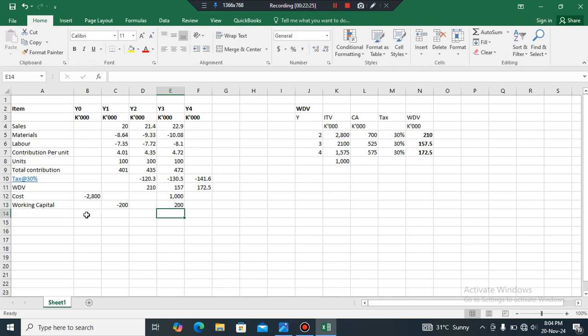So with that done, what we need to find now is the cash flows. We just say cash flows, not total cash flows, because there's some deduction here. So here this is negative 2,800,000, and then here